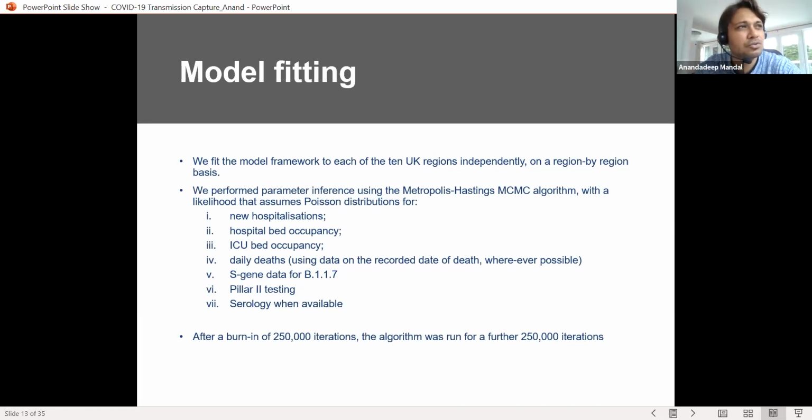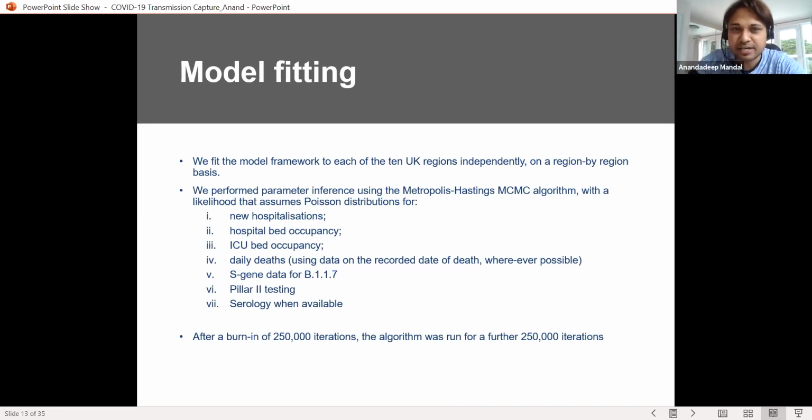Initially, you would have seen that the UK was so miserable, and India was so great. We did not lock the borders, we did not do anything, and we were just all over the place, and all the models were not able to predict. But slowly, when the models were able to predict and we got the prescriptions, we did it for 10 regions, but our main region was the Midlands, and you will see how the government used our work.